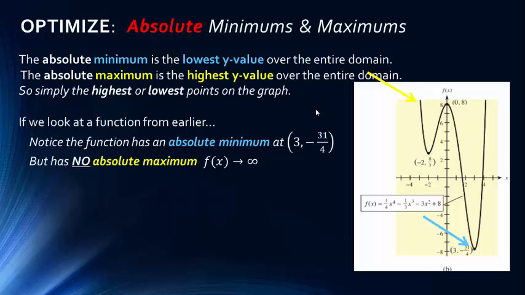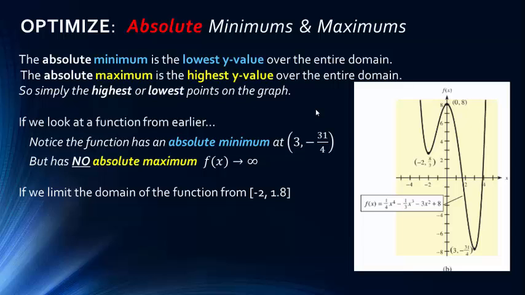Why? Because the function keeps going up. Since it never stops, it goes to infinity, it has no absolute max. Now, if we change the domain and we say it's not over the entire thing, if we go from negative 2, which is here, to negative 1.8, which is here where it's crossing the x-axis, we now have